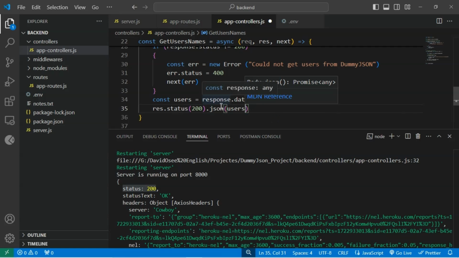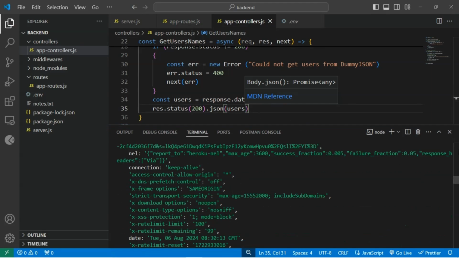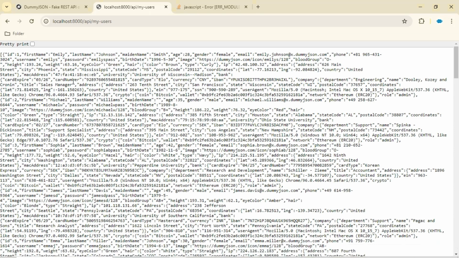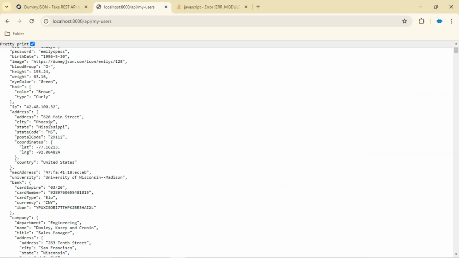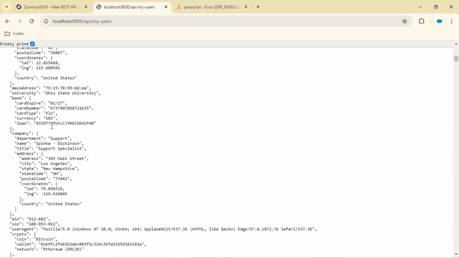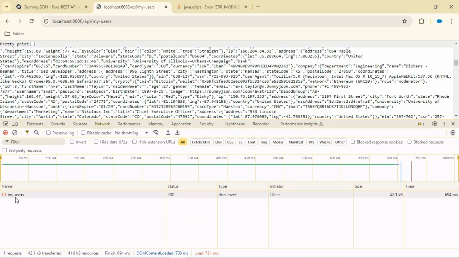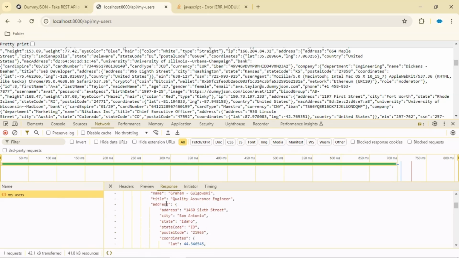And that's basically it. What we can do is save this and execute it inside the browser so that we see what we have in here. So there we go. We have the whole list of users, our array of users that we should expect from dummy JSON. And we can also check that inside the console. In the network tab, after refreshing, we have a my user endpoint, which we have created,